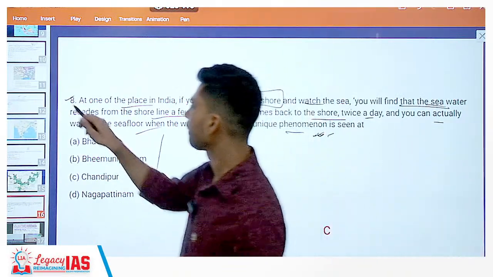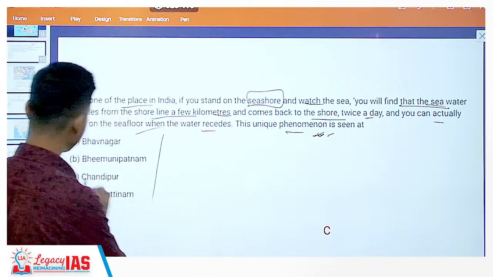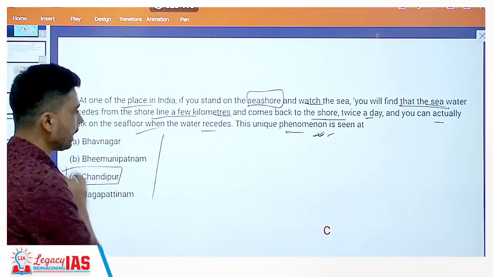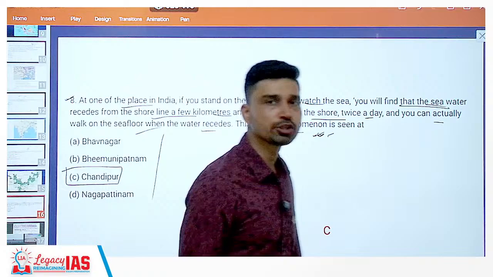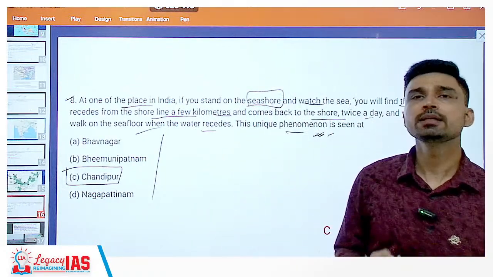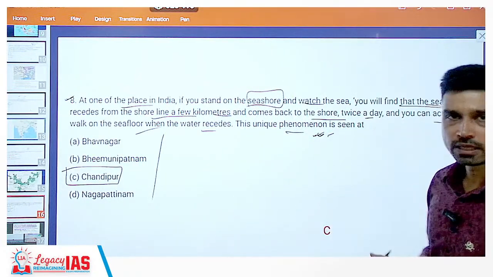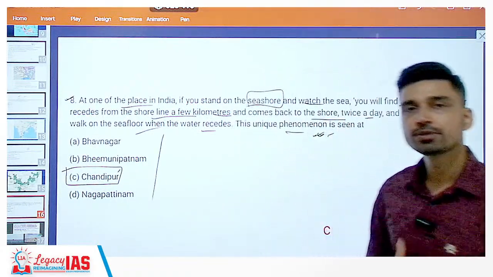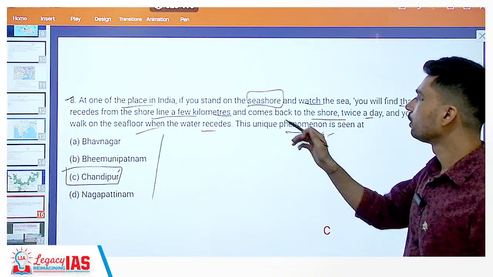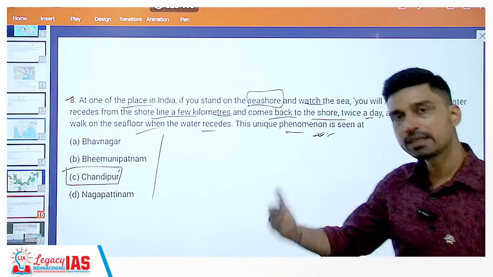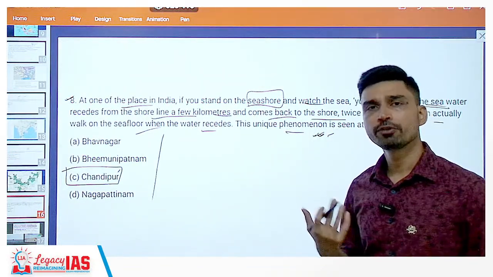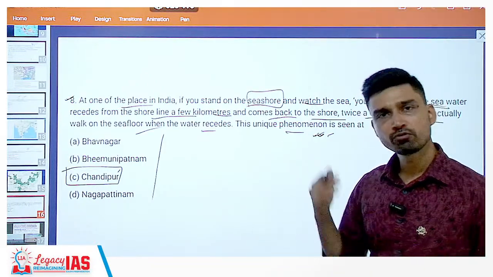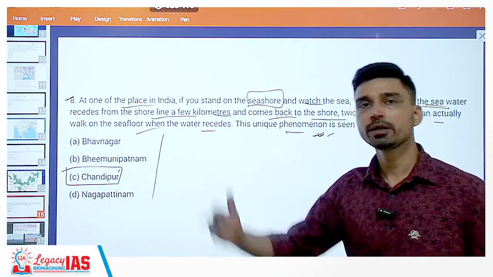So basically this phenomenon is observed at a place called Chandipur. Chandipur is a place situated in the Odisha state of India, called Chandipur on Sea. So it is a coastal city. What happens is, due to the tidal activity, you have a very heavy recession of water due to the coastal configuration. The water recedes by 3 to 4 kilometers, sometimes even 5 kilometers away from the